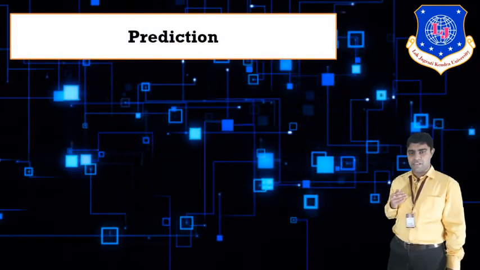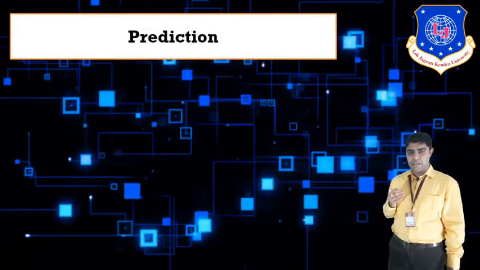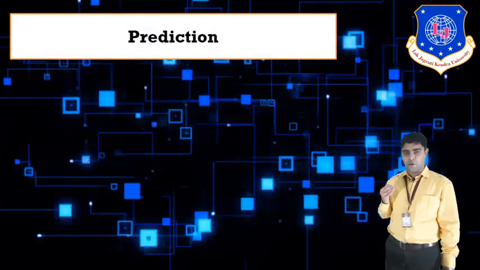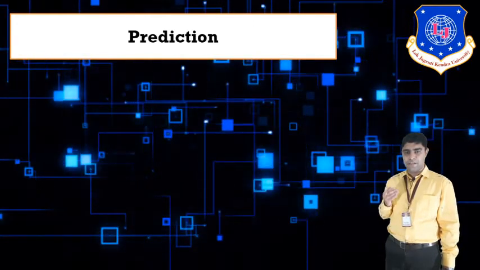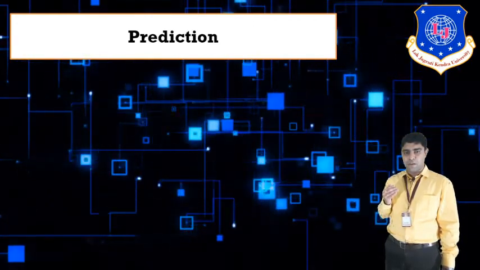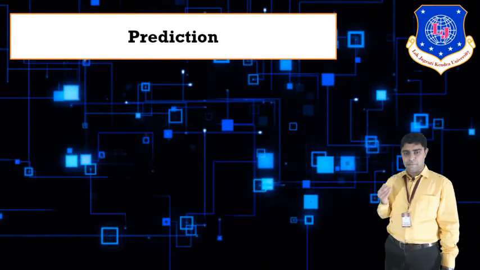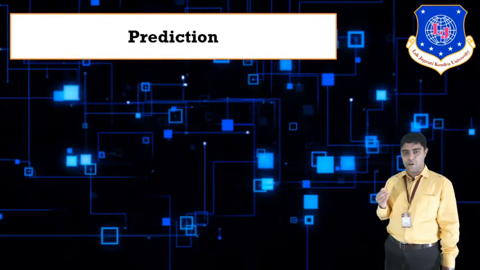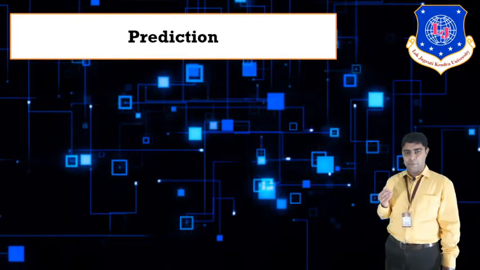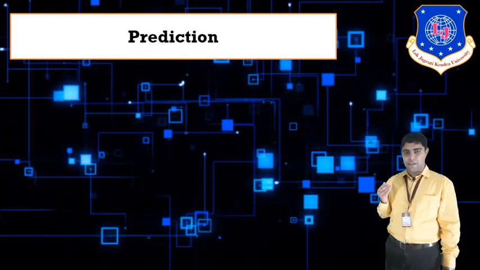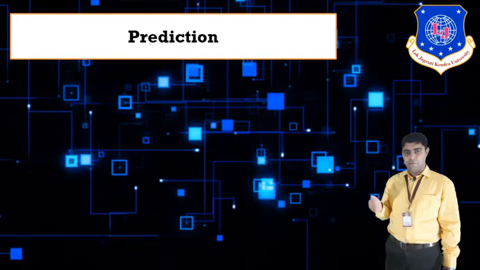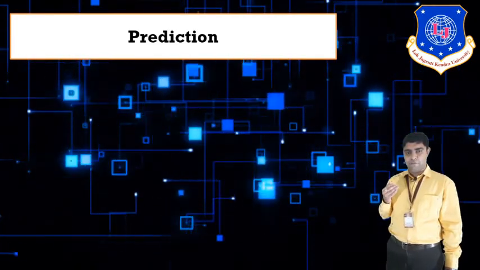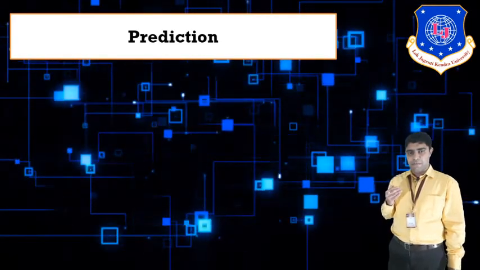The next data mining functionality is prediction. In prediction, we will predict the unknown value for that data. Prediction is applied in different types of applications, like stock market prediction, where we predict whether the stock price will go high or low. The prediction technique is also applied in weather forecasting, for example whether tomorrow will be raining or not. All of that can be predicted using the prediction technique.